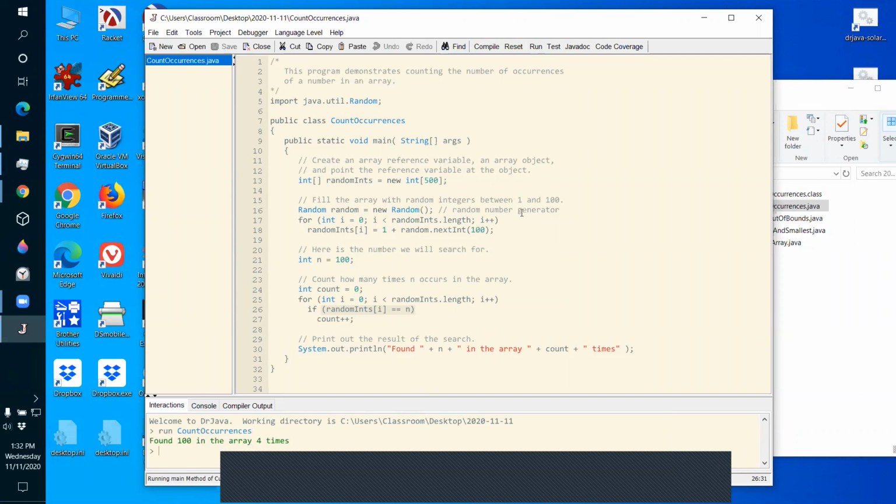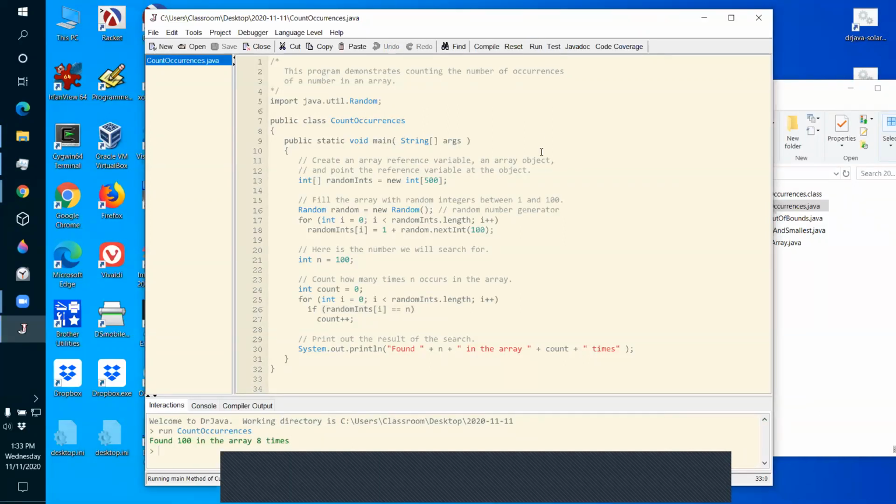In a sense, the right answer is 5 times, because there are 500 numbers, and each number has a probability of 1 out of 100 of being the number you want. It's like flipping a coin 5 times, where what you're going to get is 1 out of 100. But notice that I can get real wide variations. Oh, there was exactly the right thing, 5 times. You could even get 0, though it's not very likely. Oh, 14 times. If somebody was betting on 100, they would be real lucky there. 100 showed up 14 times, way more than it should have.